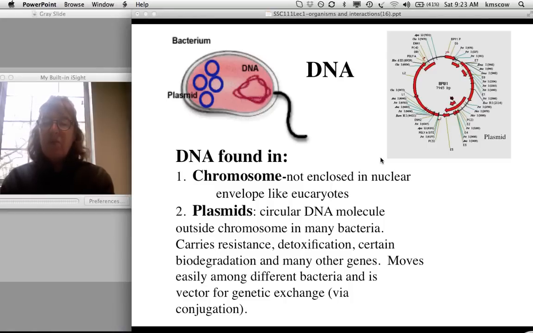Also, resistance to heavy metals is carried on plasmids. Some biodegradation genes are carried on plasmids. Nitrogen fixation genes, a lot of them are carried on plasmids. And so you can find these traits. For example, biodegradation. There's a story in the Midwest about,